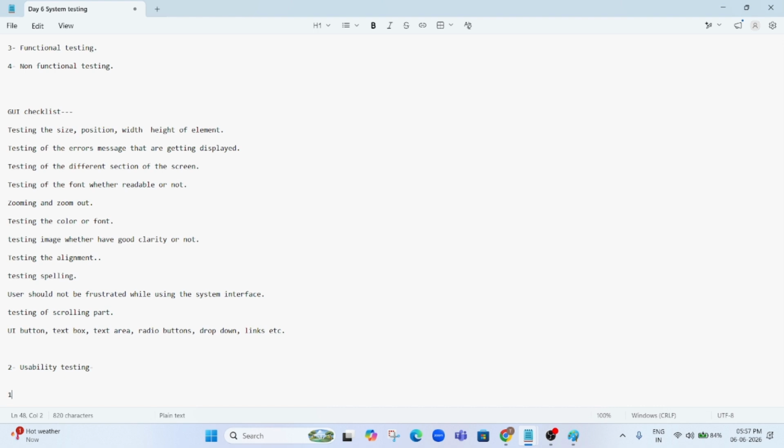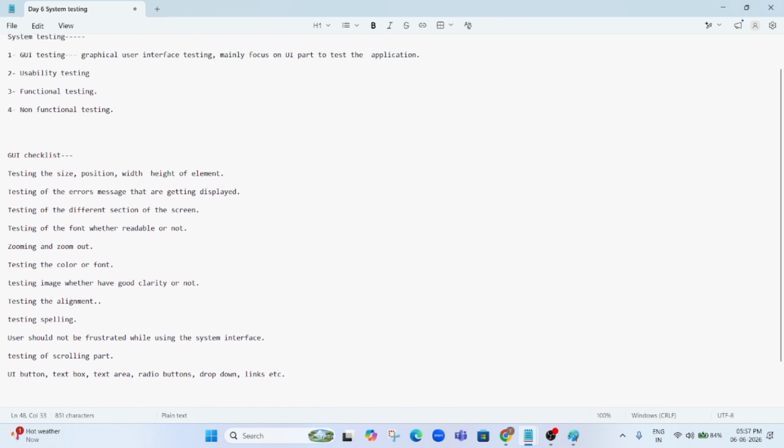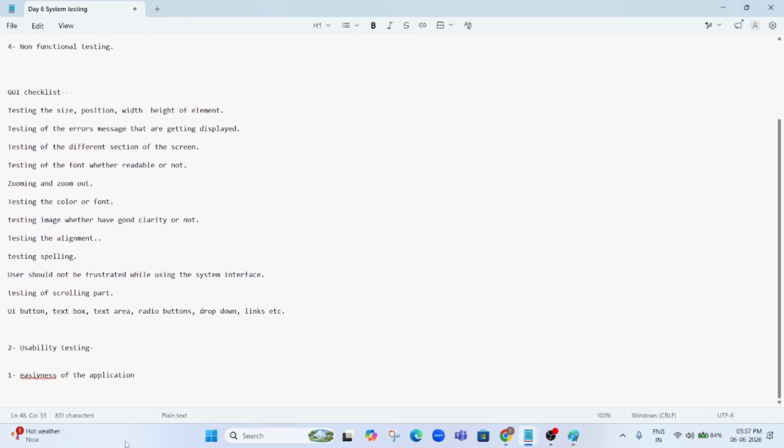It means the easiness of the application. If the user is using any application, the user should be able to operate the application easily. So here the main focus is whether the developer develops an easy or hard application, whether they design an easy UI